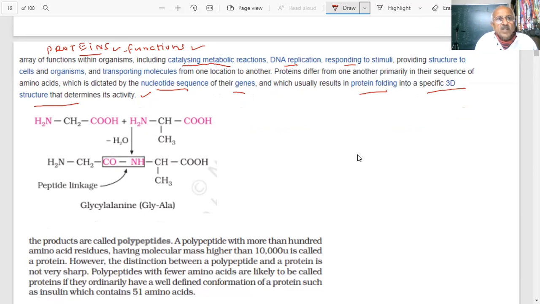Here you can see this is my amino acid. Which amino acid is this, students? This is glycine and this is alanine. Glycine and alanine are simple. You can easily remember them. Here the R group is CH3. Here R is H. This is CH3, you see. Now what is happening? Minus water, and this bond is a peptide linkage, students. We told you peptide linkage.